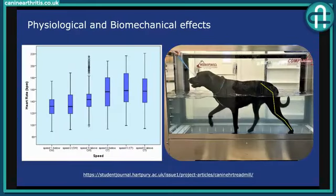So I'll whiz through the next bit. Essentially I'm covering some of the evidence out there to say it's effective in the areas we're hoping it's effective in, so it is beneficial for your pets. There's lots of research that's been done. They've looked at physiological effects, so the effects on heart rate and respiratory rate, and they've looked at biomechanical effects as well. So the study on the left here looked at the effect of speed on heart rate